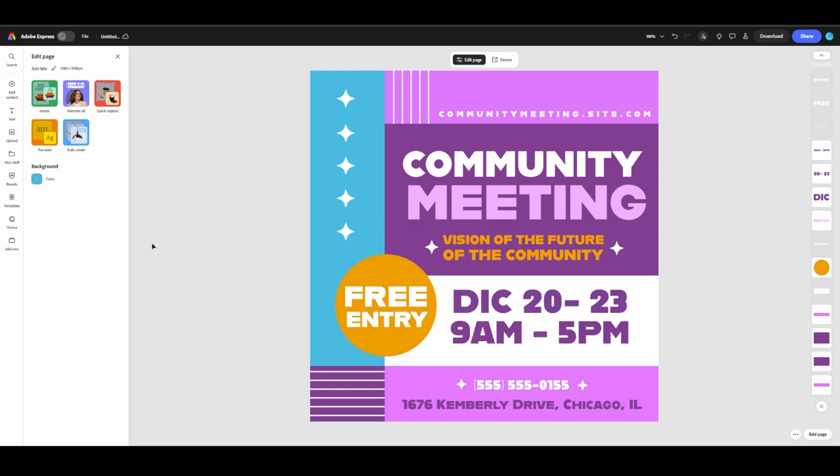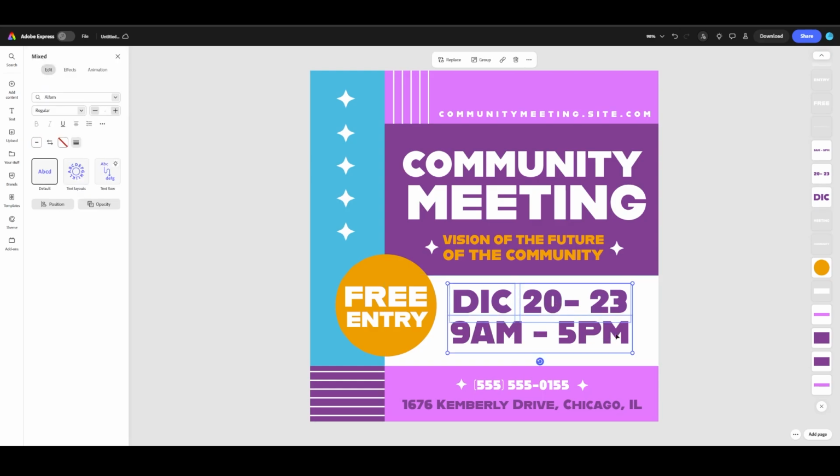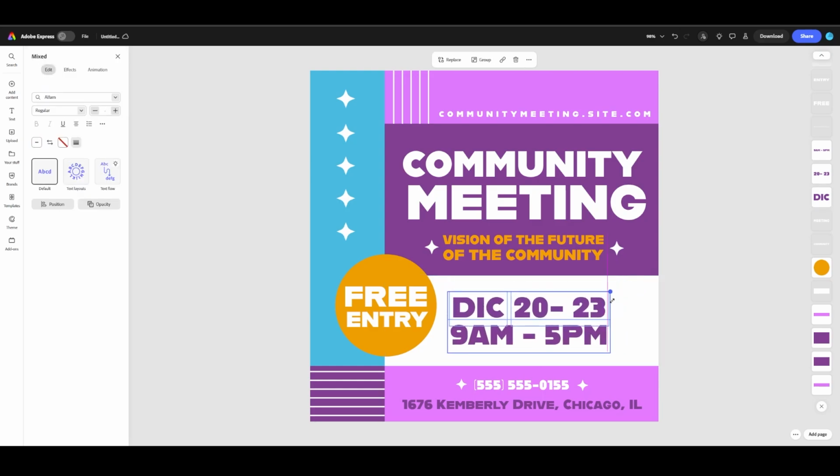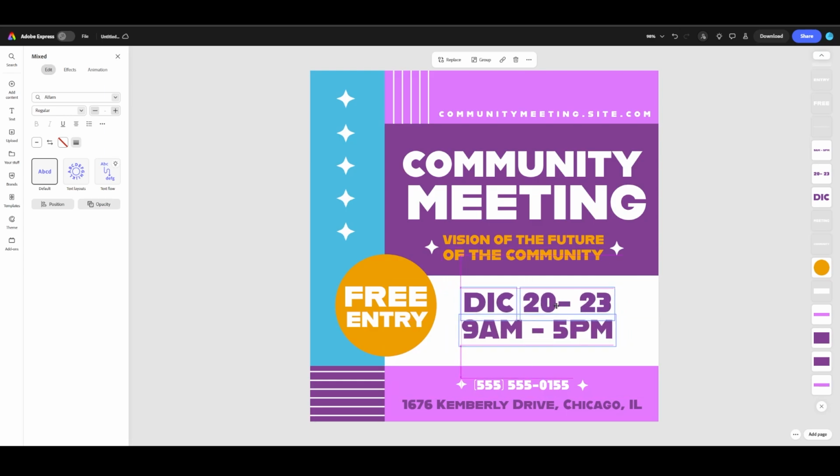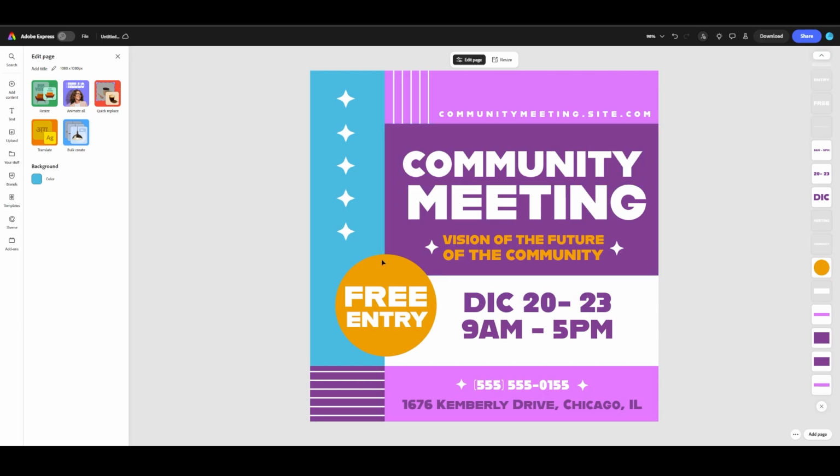So our next fix would be related to spacing, alignment, and scanning. Accessibility is also about how fast people understand the flyer. As I'm looking at this, there's a hierarchy of font size, and one fix that I would do is maybe make this text a little bit smaller, so that way it's not clashing with the font size here. And so now when I'm looking at it, I can automatically read this first and then come down and see